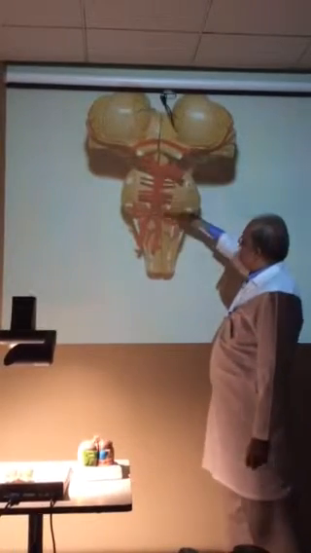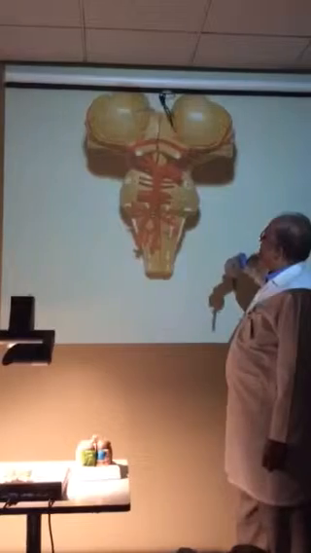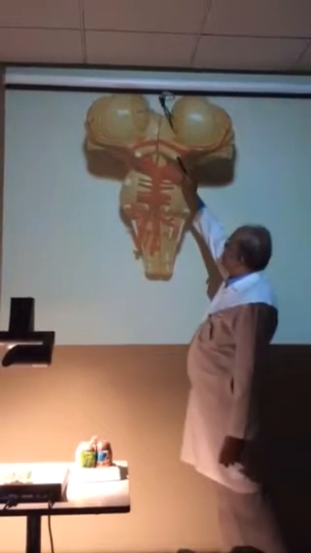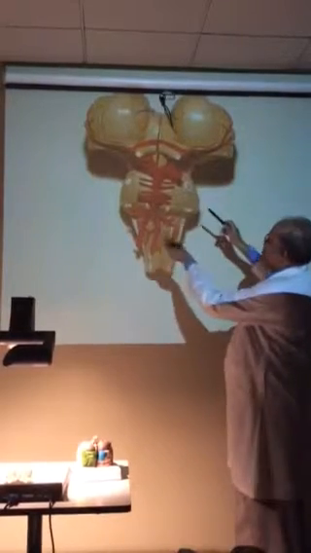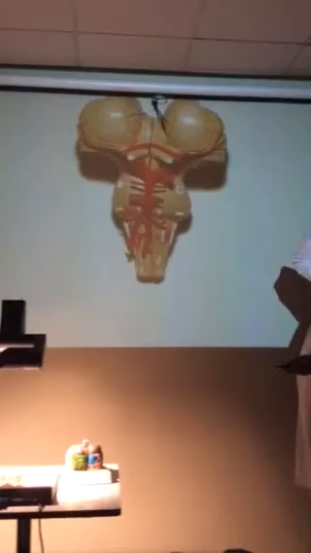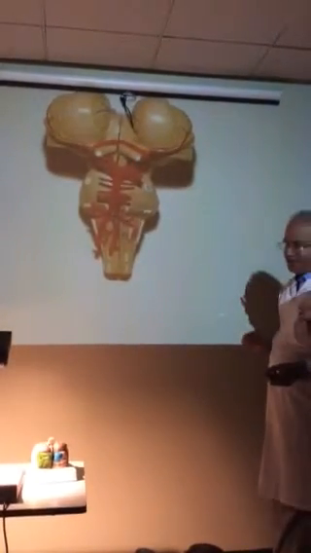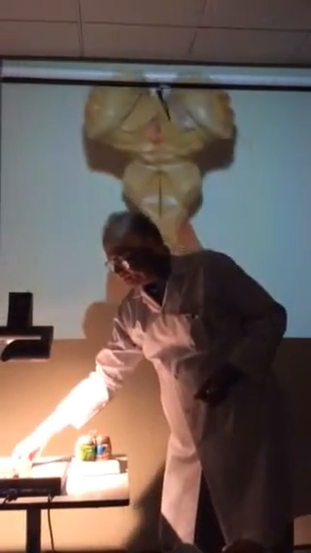So you can see the second cranial nerve, the optic nerve with the optic chiasma, and this split is artificial. The model is divided into two. Normally there is no gap here. So you can see the oculomotor nerve on the midbrain. If I turn this model to the back, then we can see the trochlear nerve, the fourth cranial nerve, which is attached on the back. So I am moving it, and I am showing the posterior surface.